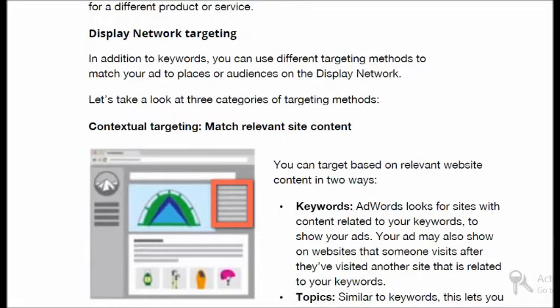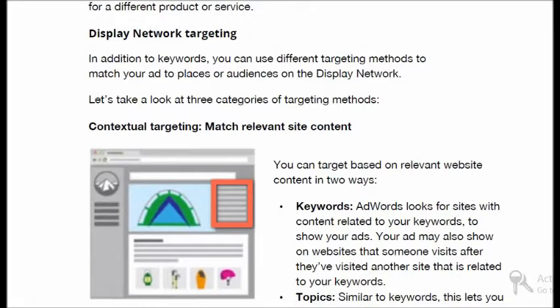And now, on display network targeting, we have a lot of options. As we discussed, Google has a network of thousands, or even millions, of websites and mobile applications partnered with Google to display advertisements on their websites and mobile apps using the Google AdSense program.